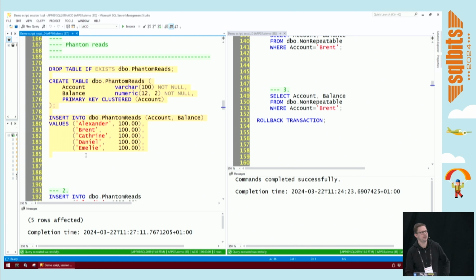So the question was, repeatable read doesn't sound like a really smart idea because it will block other DML commands, i.e. changes. And if you think about it, there's a trade-off in a multi-user database where you want to allow multiple users to work with your data, but you also want the data to be consistent. You want it to be predictable. So say you're withdrawing money from one bank account and depositing in another bank account. You want to know that that target bank account is still there when you go looking for it.